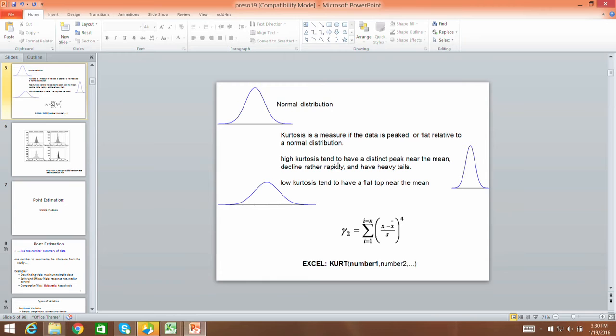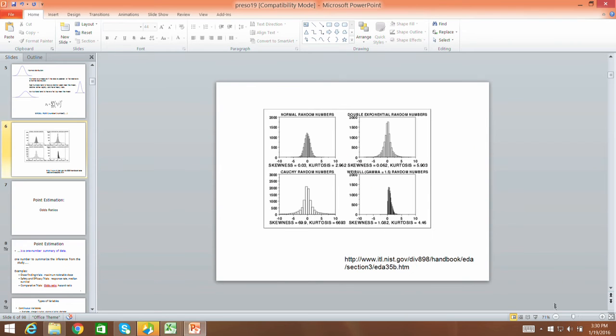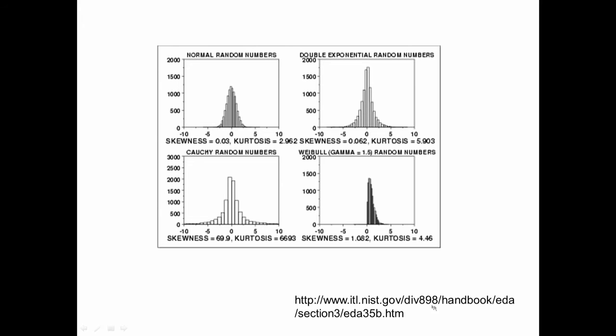So if the kurtosis value is very high, you will get a very sharp peak falling on both sides. If it is low kurtosis, the top will be very flat actually. So the skewness and kurtosis determine how the curves look, okay, and obviously they lead to non-normal distributions, okay. Now this also I have taken from a reference which is given here. So this is normal random numbers, normal distribution, okay. So basically you do not see any skewness, that means movement towards left or right, there is no sharp peak, okay. Now look at this